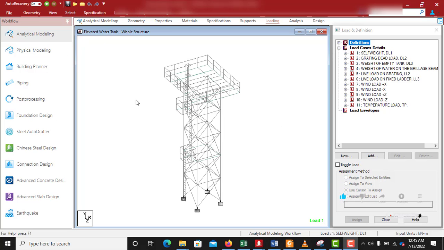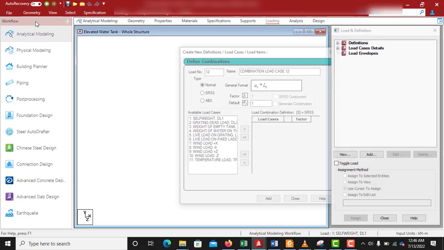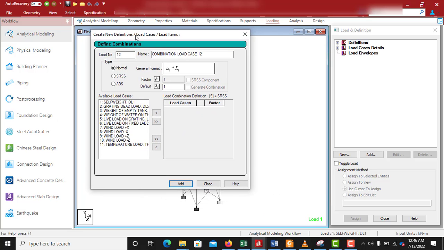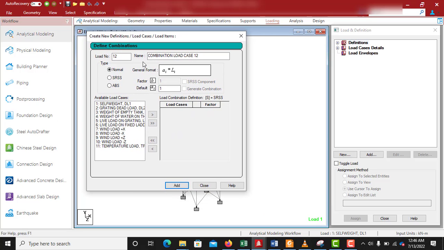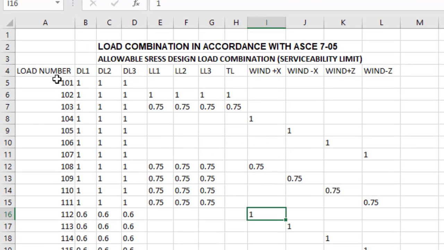Okay. So we go to loading. You click on combination load case. Load. So okay, you can now go to my Excel sheet where I already have put down the factors and